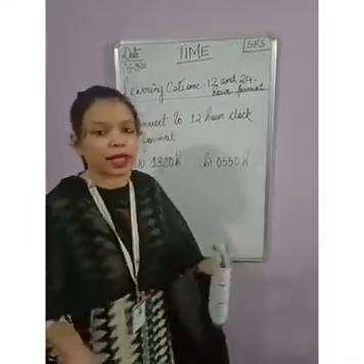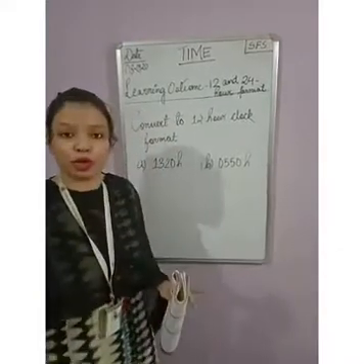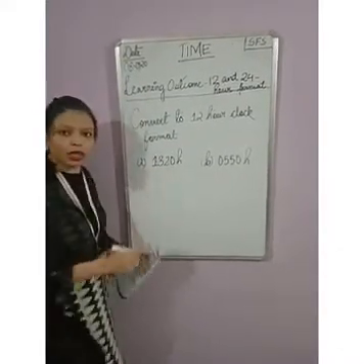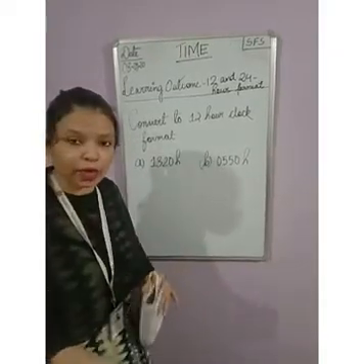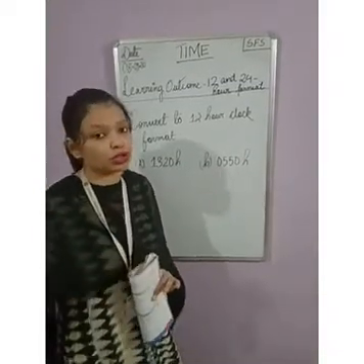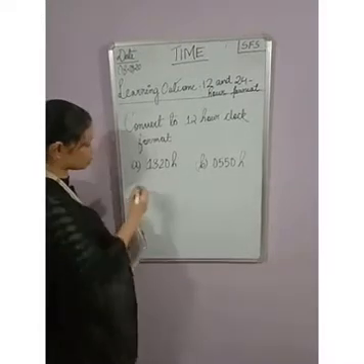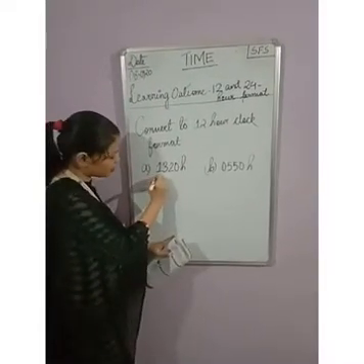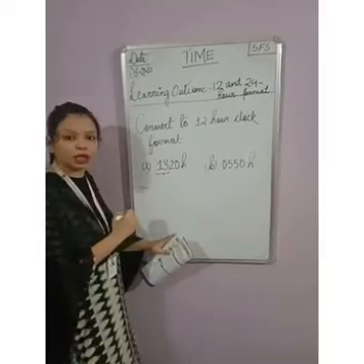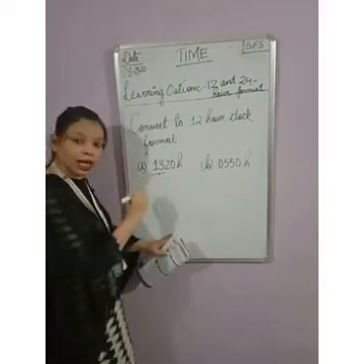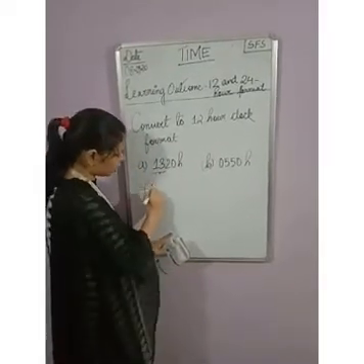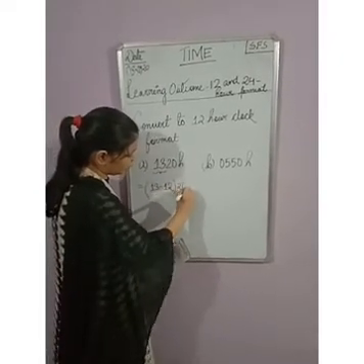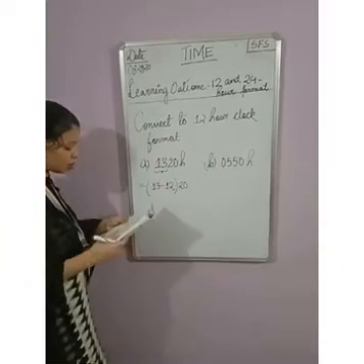Okay, so let us do the sums, then we will know more about it. The first question is given 1320 hours. So we know it is a 24-hour format. We have to convert back to 12-hour format. So to convert to 12-hour format, what do we have to do? We have to subtract from the first two numbers, that is the hour. So 13 minus 12 is 1.